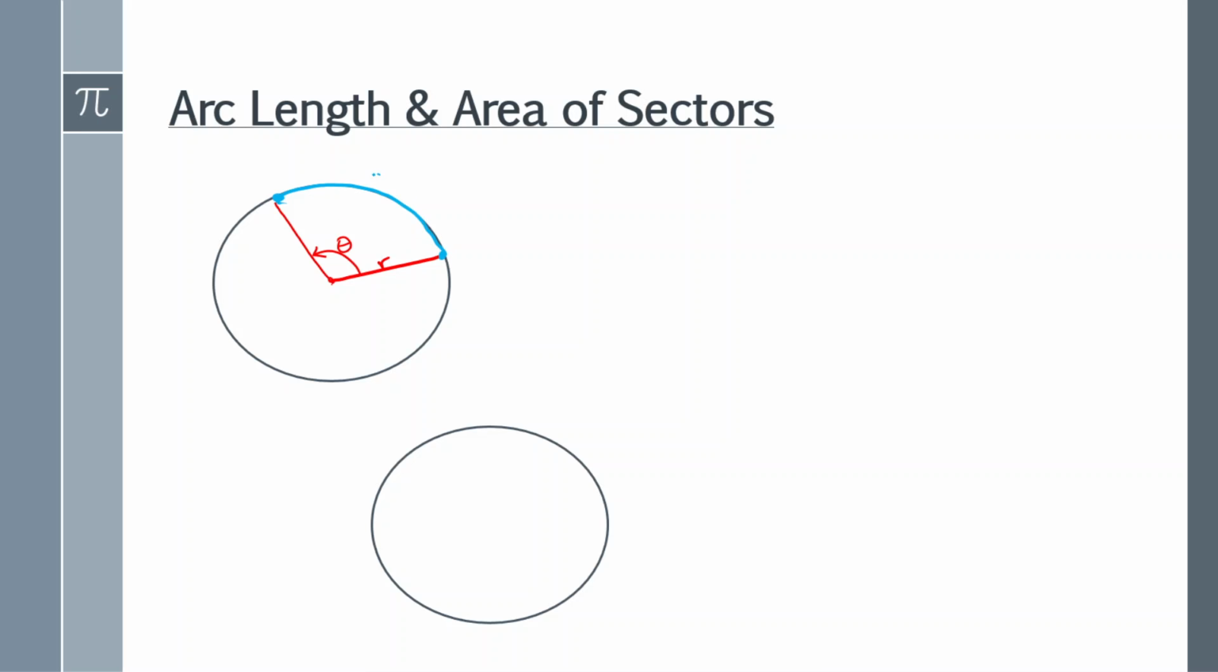And they like to use an S for arc length. So let's see if we can figure out what S is. Well, we know that the circumference of the circle is 2 pi times radius. That's the whole circle. But I only want this piece of the circle. So the arc length is going to equal that circumference. And then we're going to take just the piece of the circle that we want